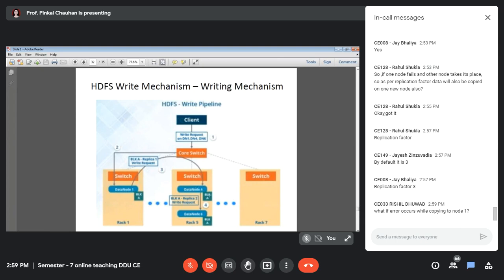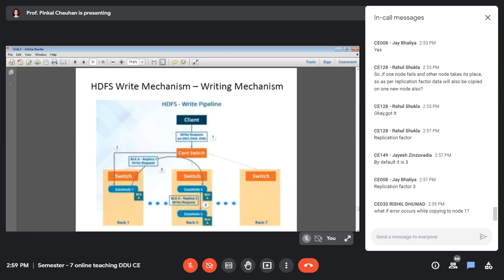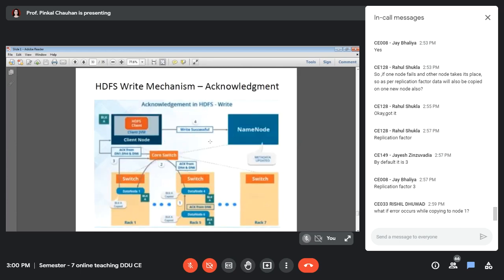Then data node 4 copies the block and sends the same to data node 6, and then data node 6 also copies this. So it occurs actually in three phases. The first phase that we saw is the pipeline setup, where the pipeline is getting created. In the second phase, the actual writing takes place, and then in the third phase, acknowledgement goes.